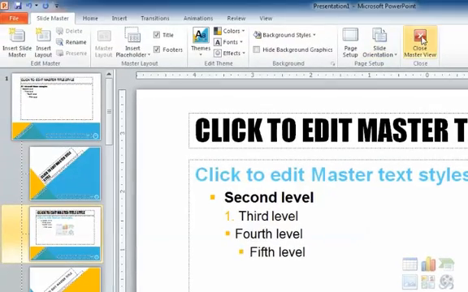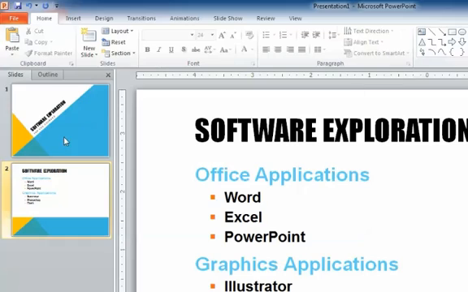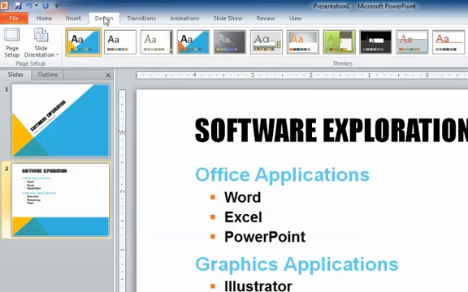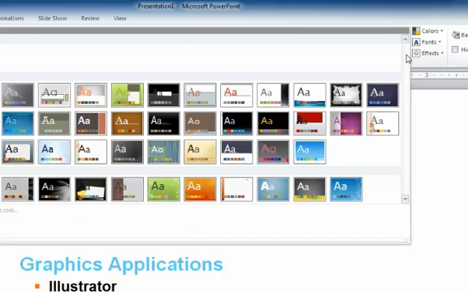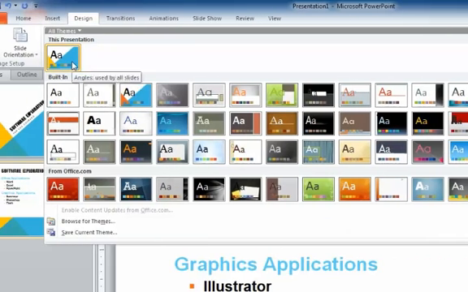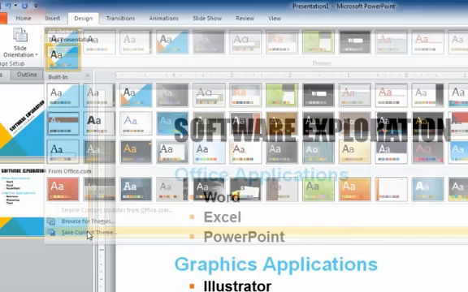Now, I'm going to close my master view. Okay, and you can see it's based on this. I'm going to go to the Design tab. Now it's using kind of a custom theme so far because I'm out of the angles that I was in. And what I'm going to do is I'm going to save this theme, because it's called this presentation, but I'm going to save it so that it's kind of permanent. It'll be permanent when I open up PowerPoint. I could also delete it or edit it at any point, but I'm going to go Save Current Theme